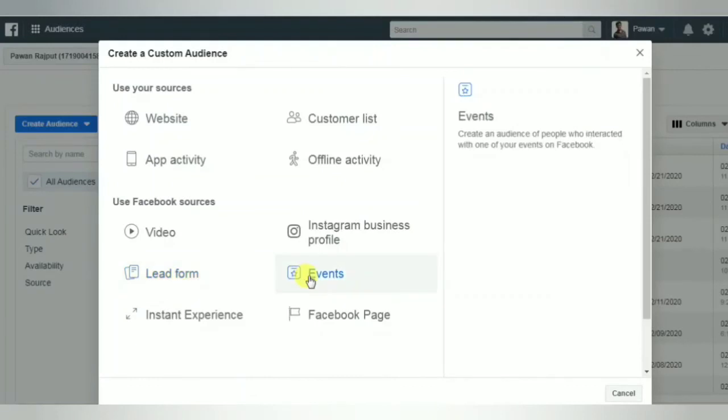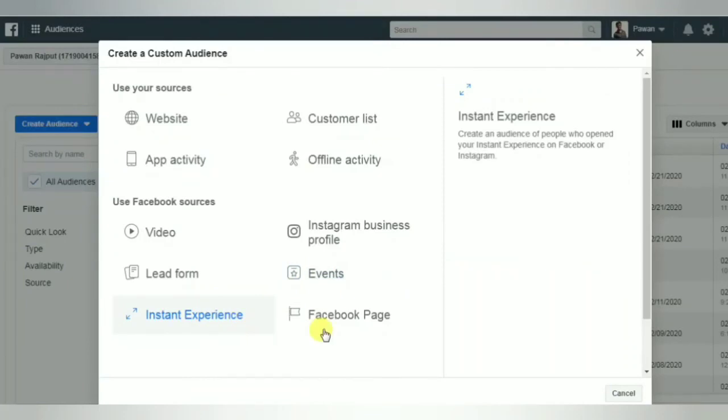Another source for creating a custom audience is events. Events means a set of activities that need to be done by your customer. That set of activity, done by thousands of people, can be tracked and a custom audience will be created. You can also create from instant experience.